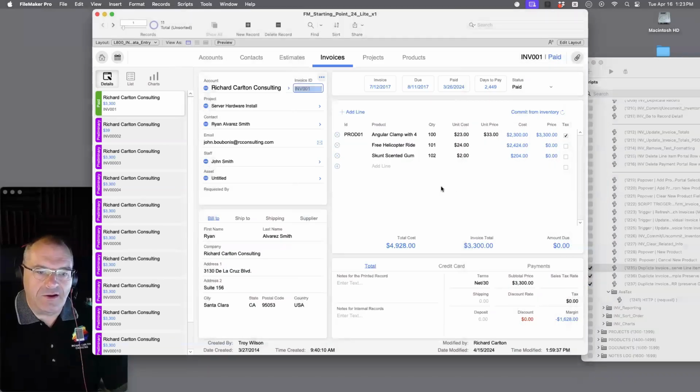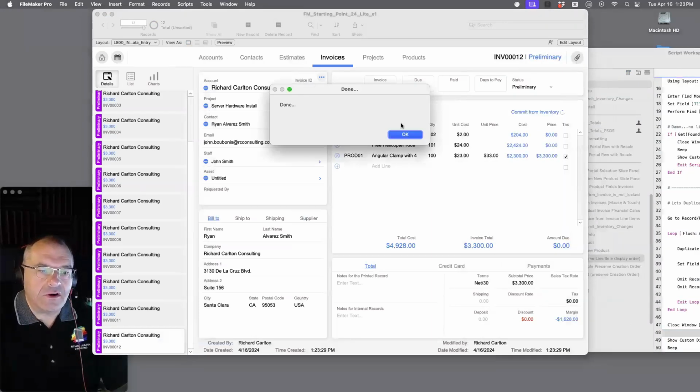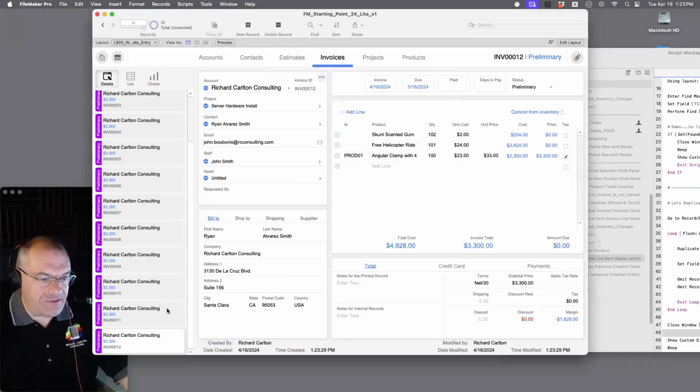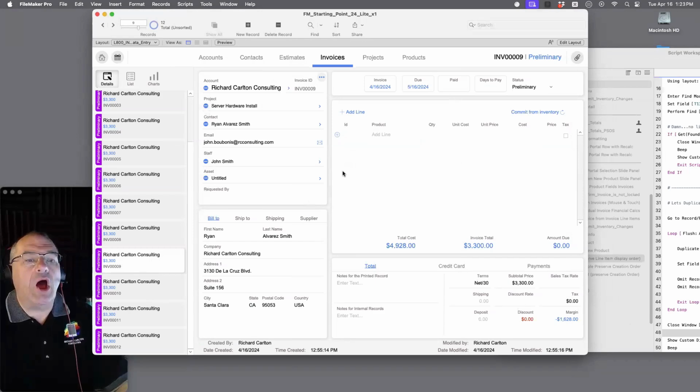I'm going to come over here. It's going to duplicate the line items for us. I'm going to press play. Done, and we're on the new one at the very bottom with the line items. Okay, but if I'm on one of these that has no line items, like these were test ones I was doing earlier,